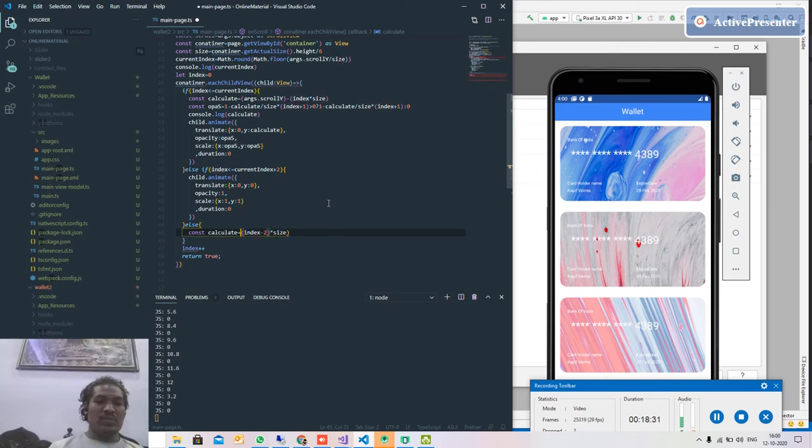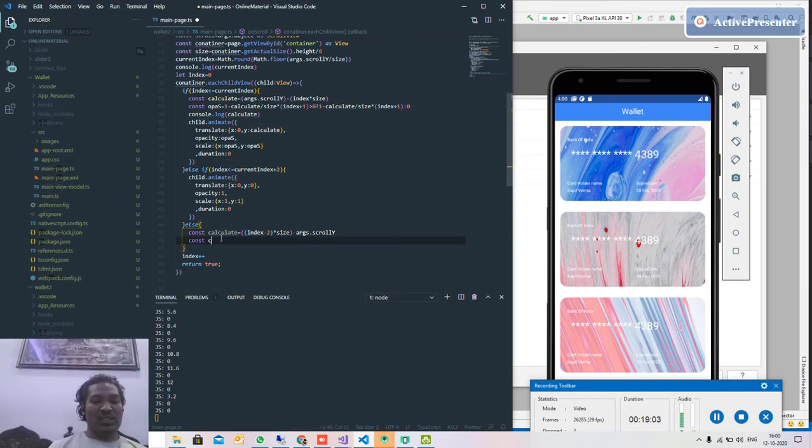Let's put this into the factor, minus scroll y. How are we calculating this? Index minus 2 means apart from the first there are two more cards. So index minus 2 multiplied by size, minus scroll y, will give us how much space is vacant on the upper side.